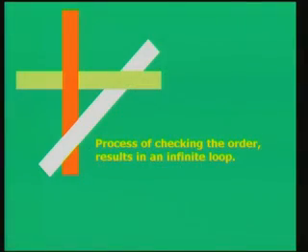Look into the figure again. You can take the green one or the white one or red one, any one, if you draw it as the first polygon to be rendered, the other two will completely overlap that and you will not get the correct impression. So, this is the physical significance of when checking the order results in an infinite loop. I again repeat, you will never be able to come out with a single polygon in this case which can be rendered first.